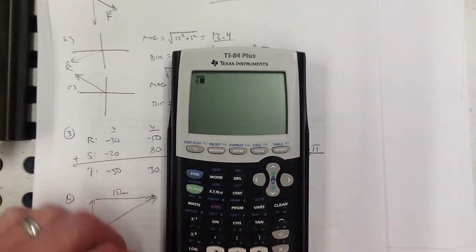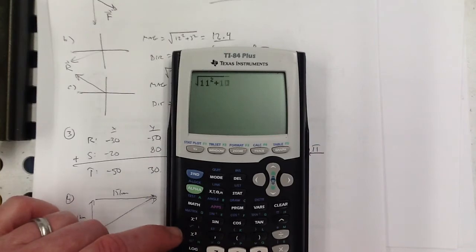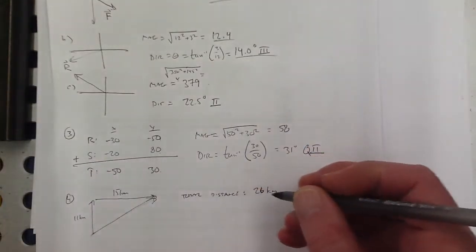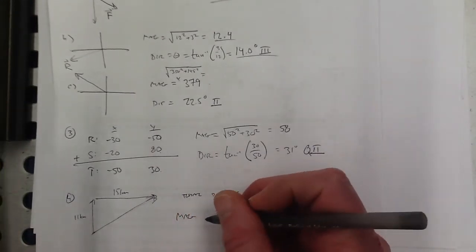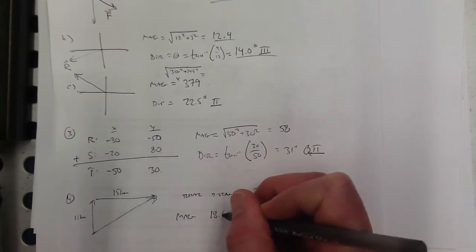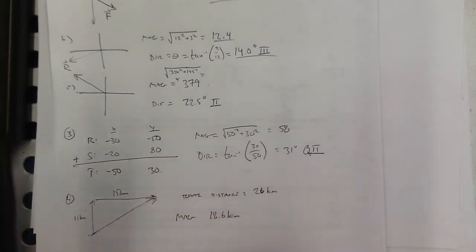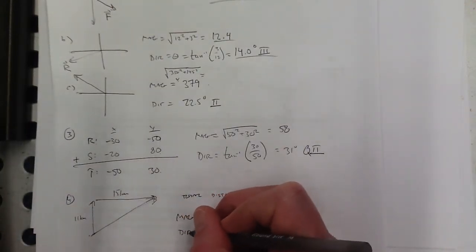So, same game, just cast in a real context here. The magnitude of the displacement is 18.6 kilometers, right? That's the length of this. That's how far they are from their camp. And the direction